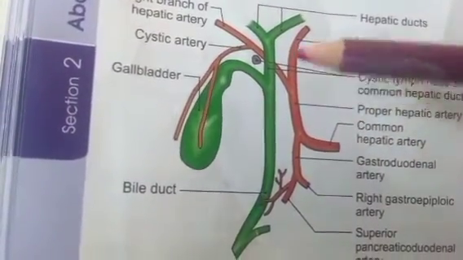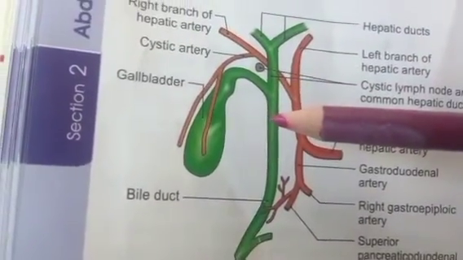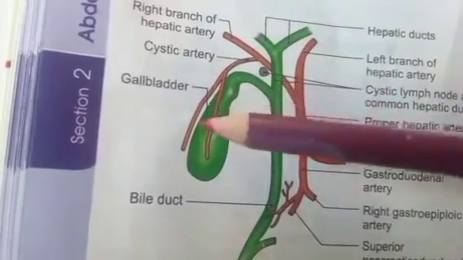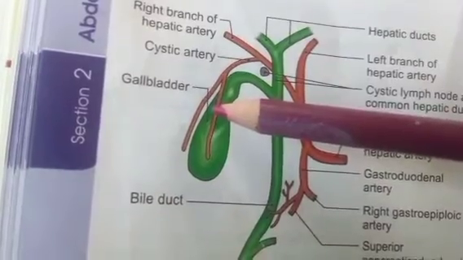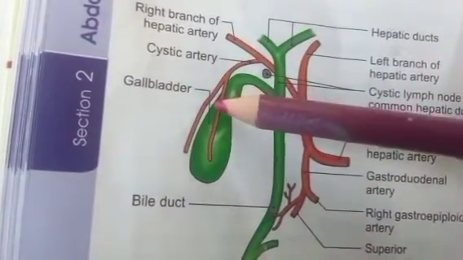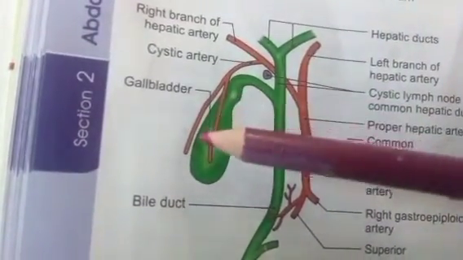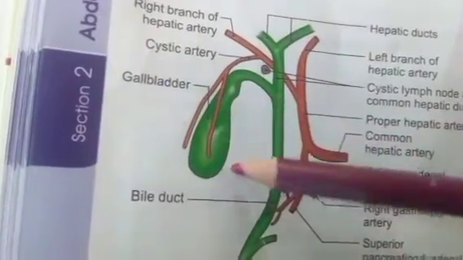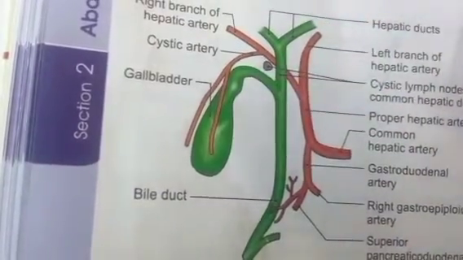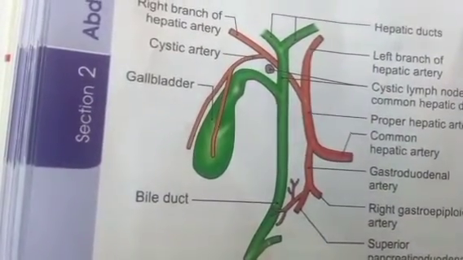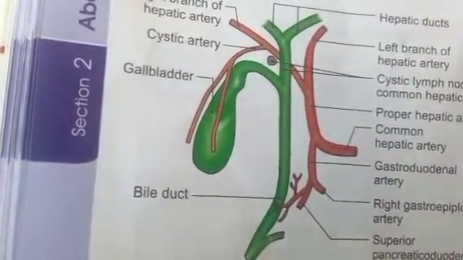The venous drainage of the biliary apparatus from the different parts we will discuss one by one. The superior surface of the gallbladder is drained by the veins which enter the liver through the fossa for gallbladder, and ultimately they join the hepatic veins. So the superior surface ultimately drains into the hepatic veins. The rest of the gallbladder is drained by cystic veins, which open into the right branch of the portal vein, and the lower part of the bile duct drains into the portal vein.